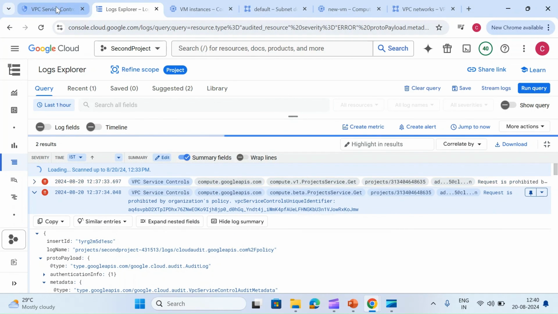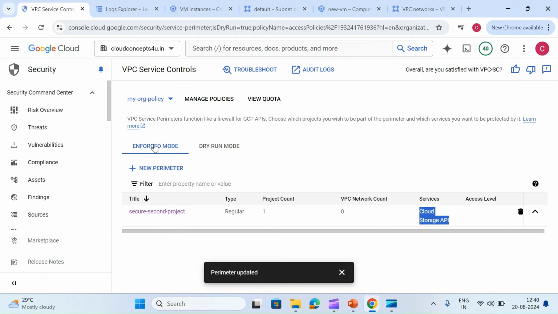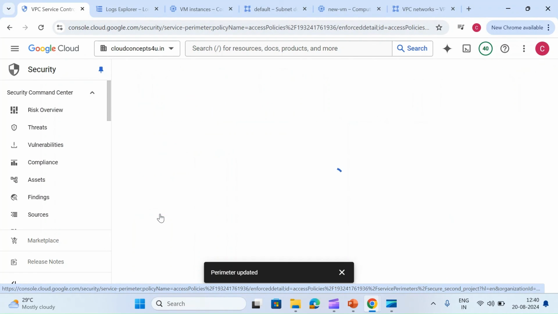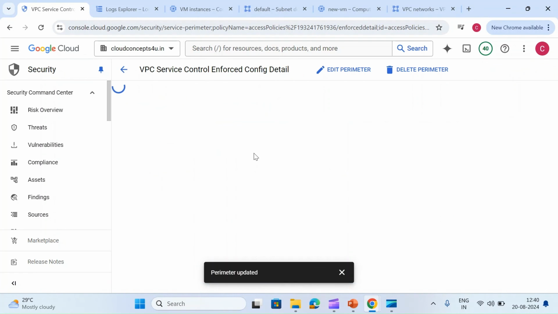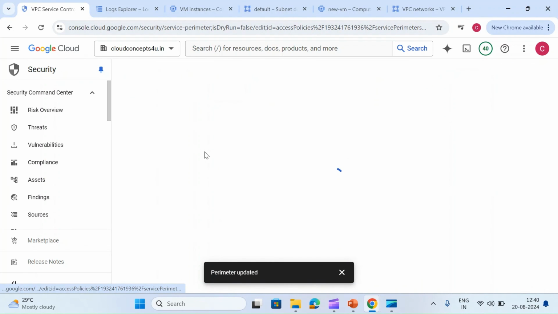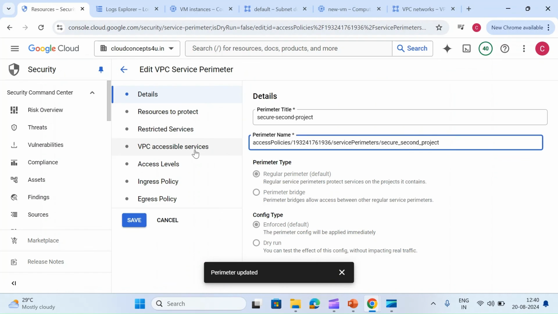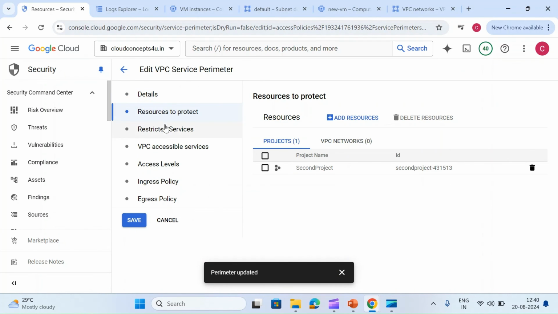So this is a very basic thing which we have covered in the perimeter. In the next part we will see more things. First of all, we will see how to use the VPC network in the second part, which is quite complicated in itself.